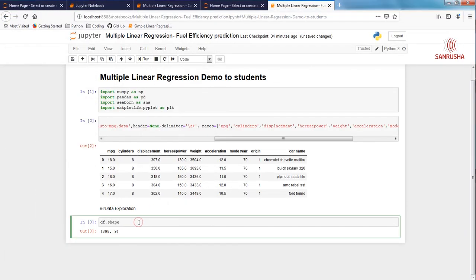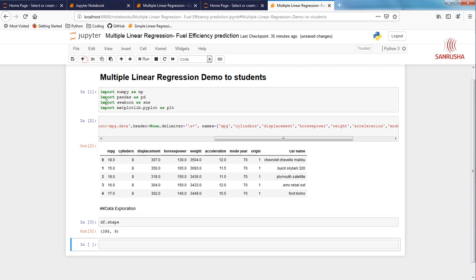Let's do that. There are different strategies to deal with this kind of data, either to delete it or to replace those question marks with the mean value or average value. There are different ways of doing it, but for this lecture and just for understanding, I'm going to remove it and we will play around with the remaining set of data. So let's remove that. We're going to run this command.